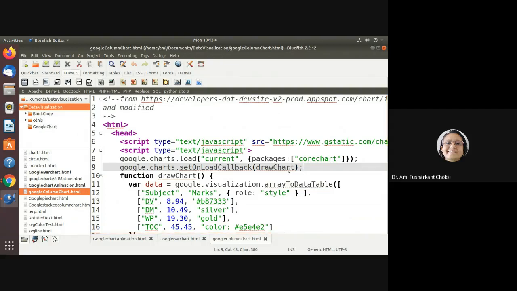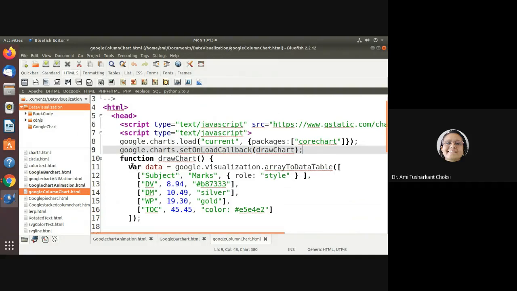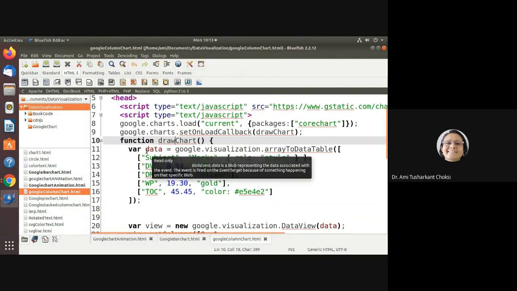So this is what we are specifying here. Now function drawChart, what do we do over there? First of all we are setting the data, and then we are setting the view of it, right? So let's see that data.